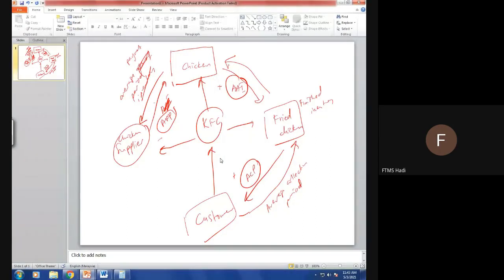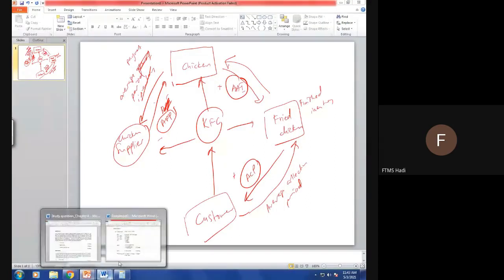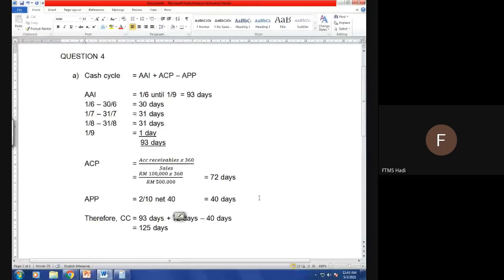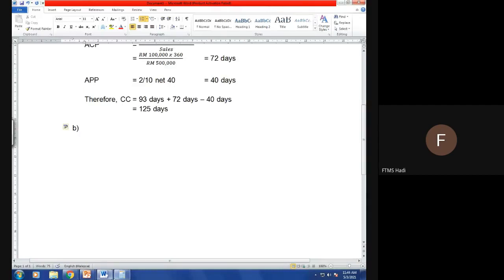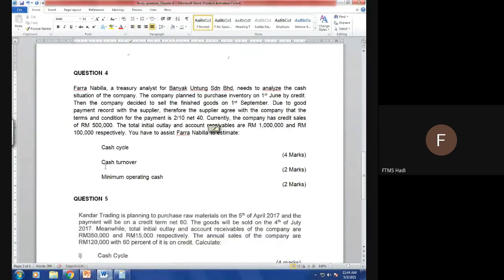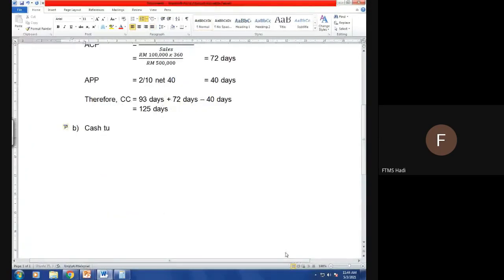So that is how you answer CC. The next question: do not worry about this chapter, because this chapter asks the same thing. Cash turnover, or we call it CTO. So the formula will be